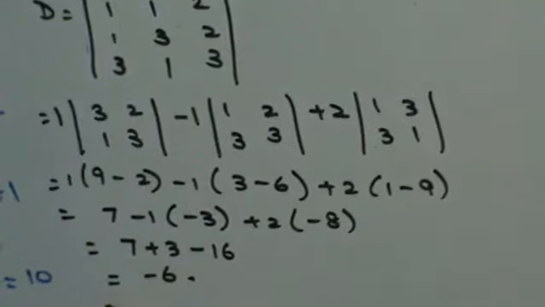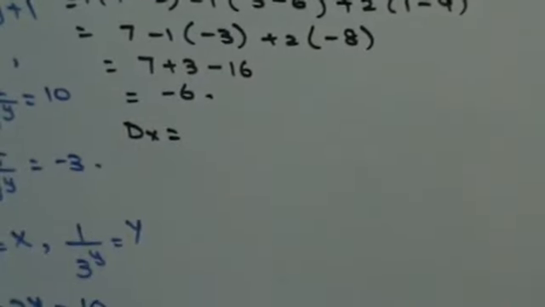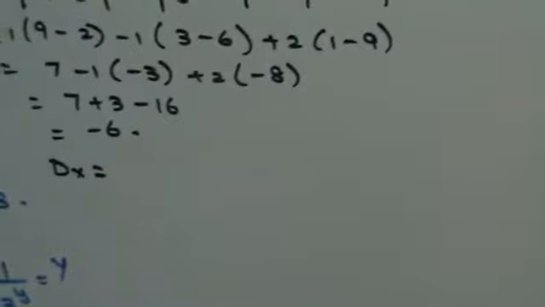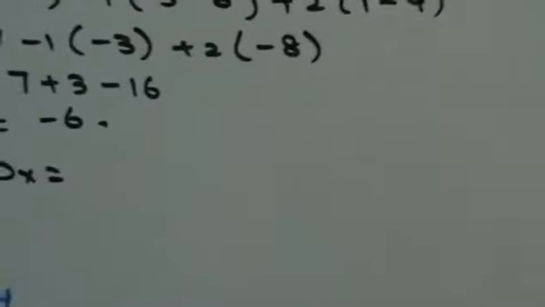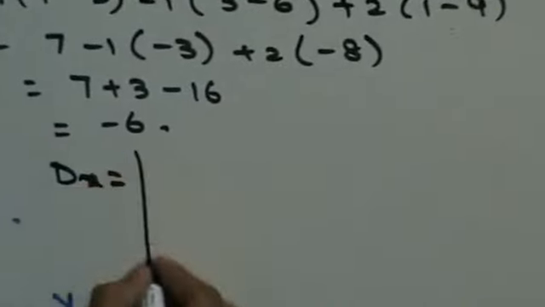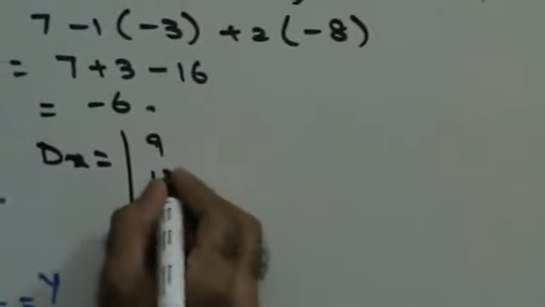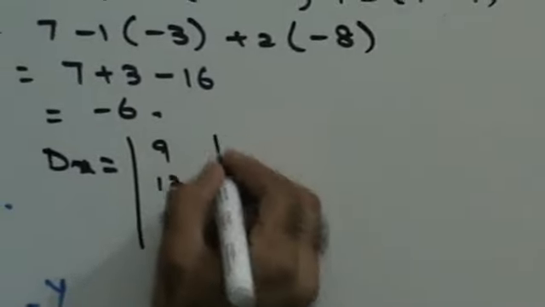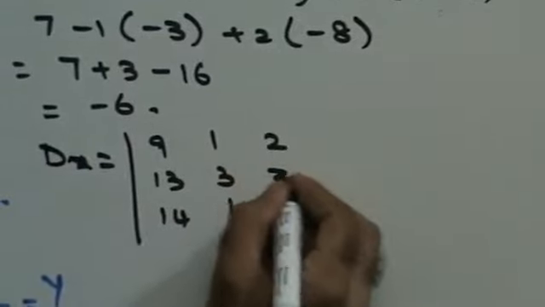right? Then you find out dx. How do you find out dx? Substitute the x column, guys, substitute the x column with the right hand side. So this will be 9, 13, 14, 1, 3, 1, 2, 2, 3,